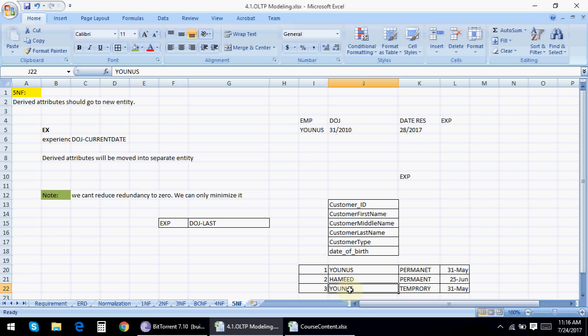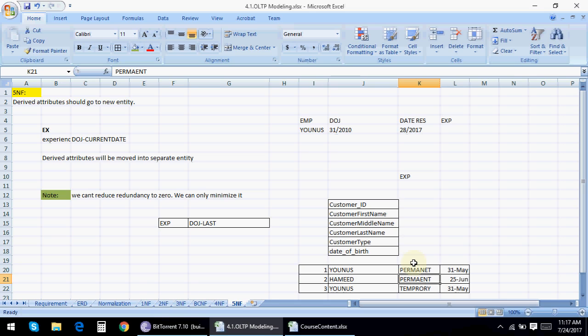You have the value permanent twice, and you can't eliminate these values from your table. You can only minimize the redundancy. That's the whole gist in a single statement: we can't reduce redundancy to zero. We can only minimize it.